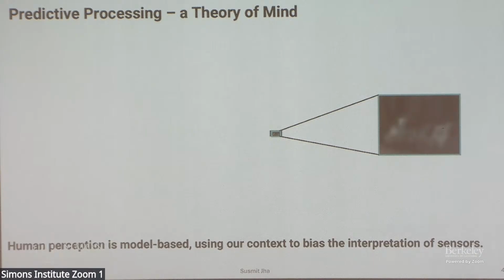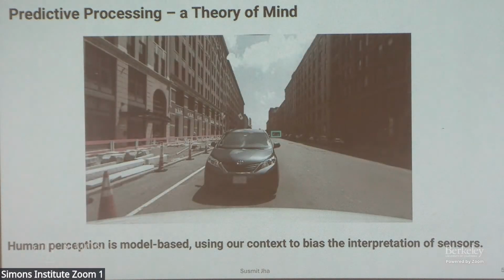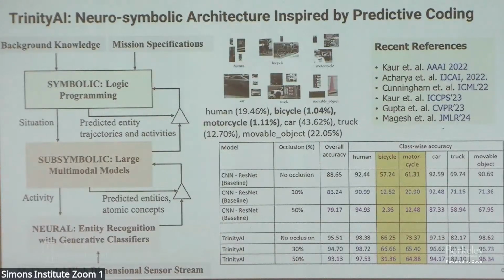So if I show you this particular image and say, well, what is it? Most likely you won't be able to guess it. But if I give you the whole context now, given that you're looking at roads and cars, you will say, oh, most likely this is a car because I see some white pattern in a dark background, which probably is a car on the road. So we do build models, and models are how we are able to interpret what is happening in the world.